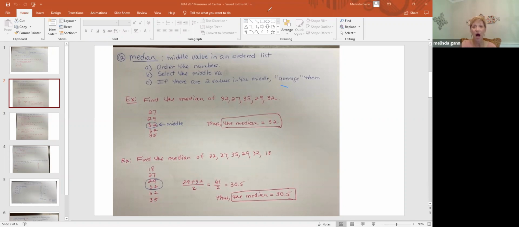So if you've got an odd number of pieces of data, all right, then you simply pluck the number in the middle. And if you've got an even number of pieces of data, they're going to be 2 numbers in the middle. So you are going to have to,